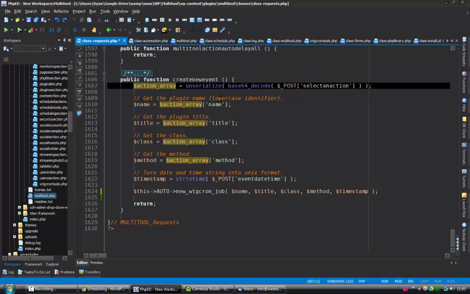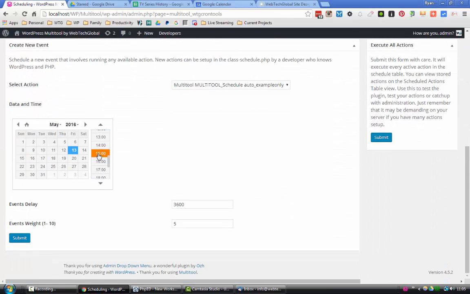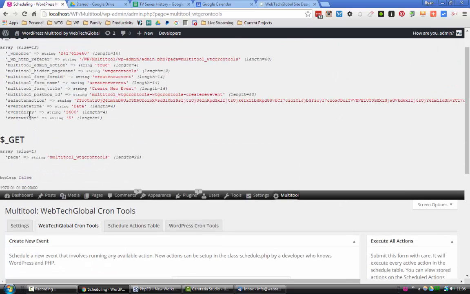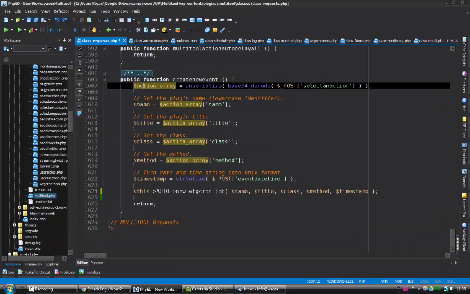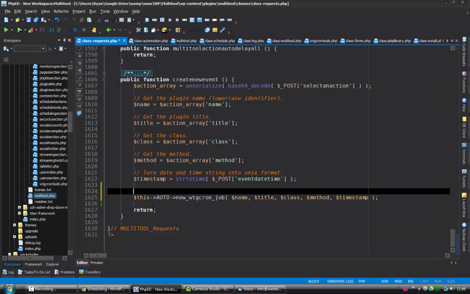The action array is the name, title, class. Oh, I haven't added the individual inputs. So we have events delay. Let's see, here they are. So we've got event delay, and